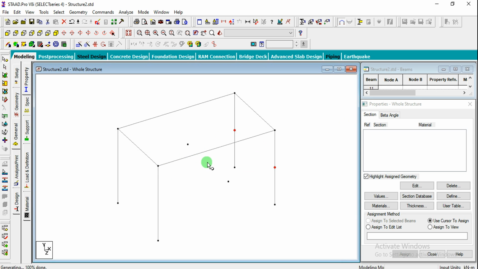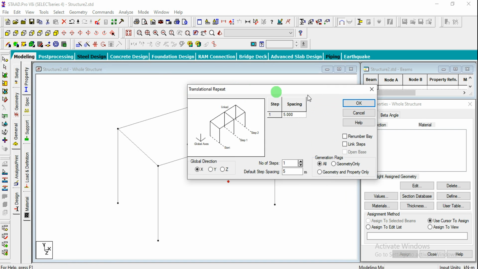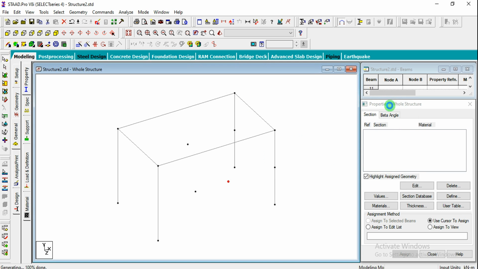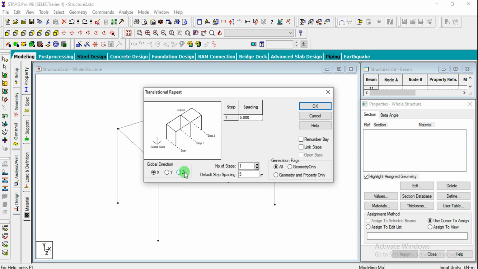Next we need to create some gap. I am going to consider this and go for translation repeat. Since the total width is 3, I am going to consider somewhere around 0.2 meters gap between. I am going to translate this towards the z negative side by -1.4 and click on OK. I didn't change the direction. Click on translation repeat, z direction and -1.4 here, and click on OK.